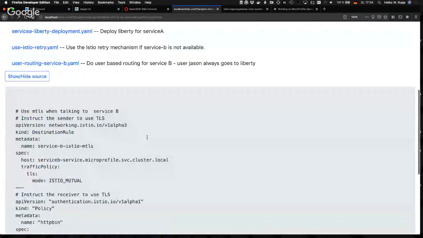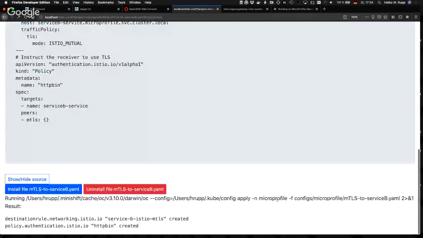Installation means I run a command. It's called oc here, but it's the same as kubectl. It's the OpenShift version of it, but otherwise it's virtually the same. On the namespace MicroProfile, I have this config file that we've just seen, and we were successful. So let me go back to Kiali.